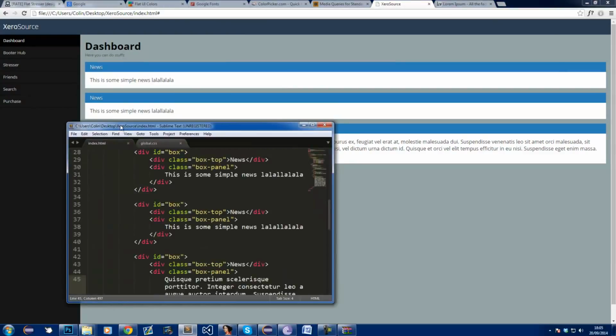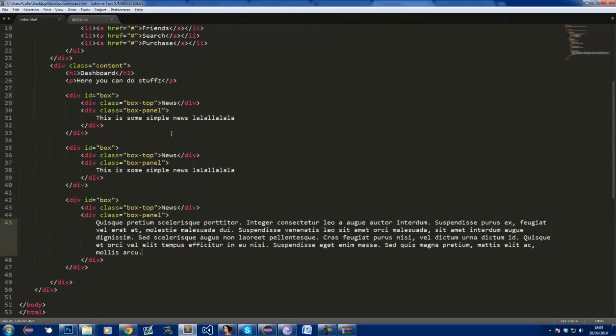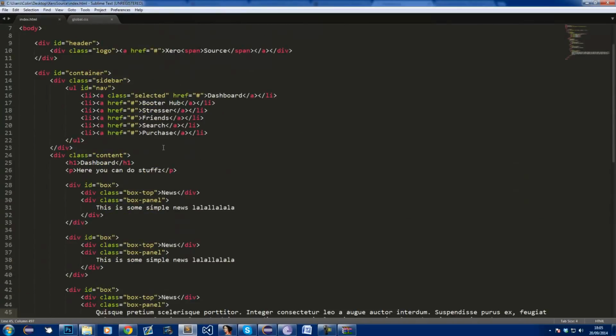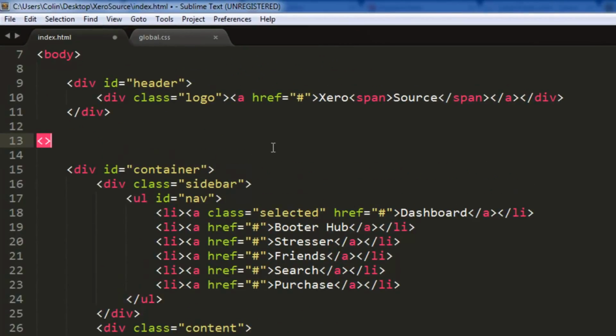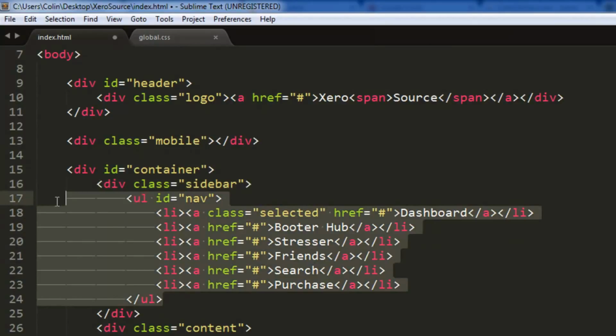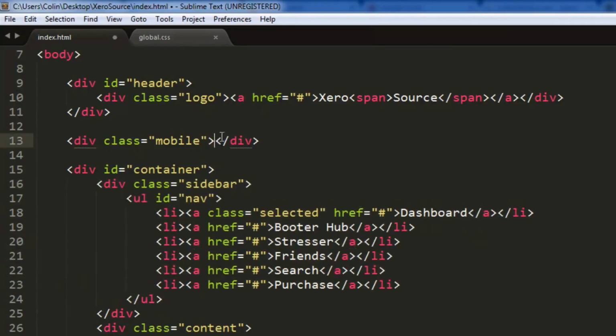What we're going to do is add in, just above the container, the mobile. So div class mobile. You're wondering what I'm talking about when I say mobile. This is what we're going to click to shift down the mobile menu, because we may have to duplicate this menu here, which is kind of bad practice, but it works. So if it works, it works. So mobile,